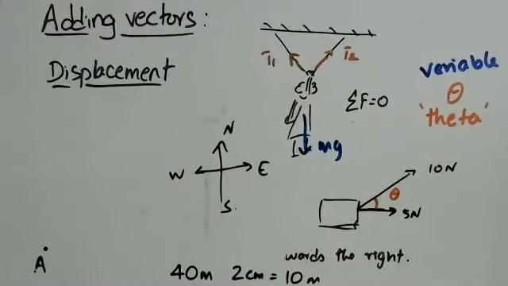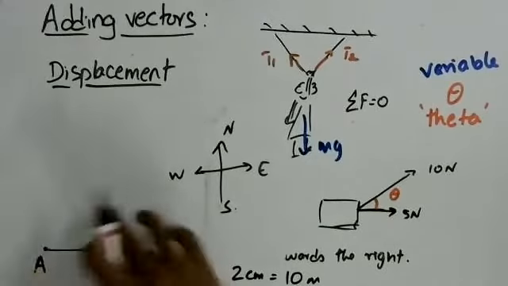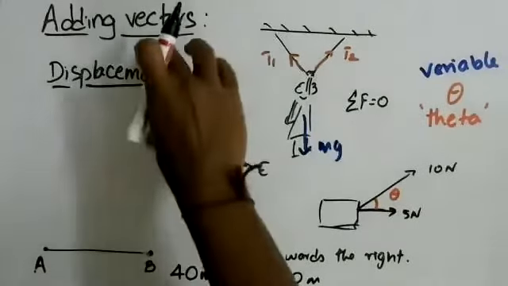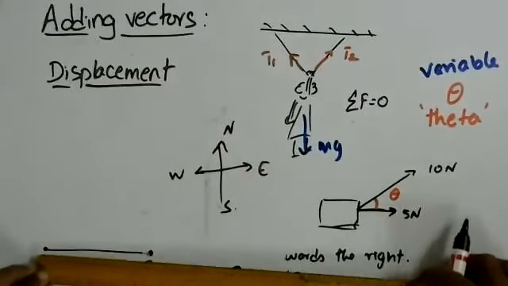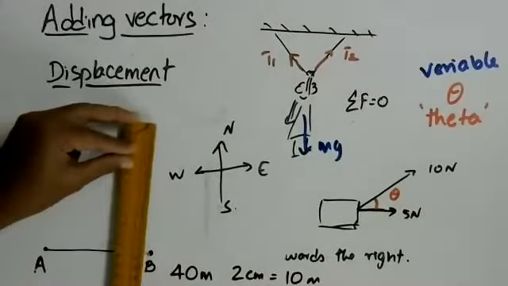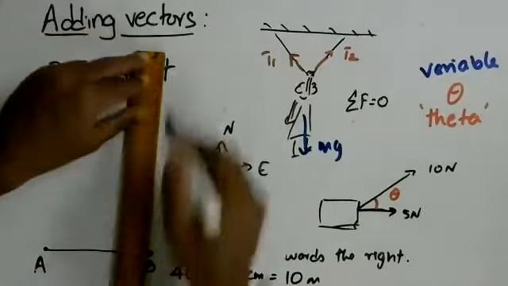Okay, that's a simple way to tell the direction. So, you say move 40 meters from point A towards east. So then you go 40 meters towards east and then you come to point B. Okay. And then you say move 80 meters towards north to reach point C. So that will be double of this, right? So it will be this much and then a little bit more. Let me just do it a little more accurately. That's 10. So therefore that will have to be 20.